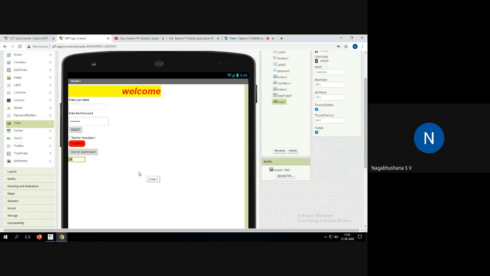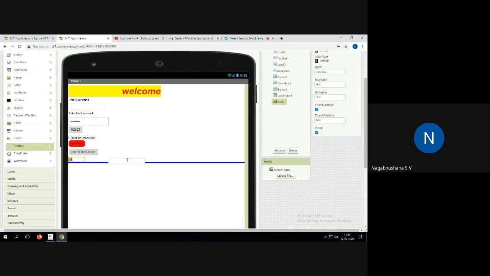That means when you are connecting this interface with any kind of internet-based activity, you can showcase whether something is getting downloaded or not. So that will be showcased. You would have seen in some applications, when you are downloading, you can know the percentage of download and all those things. That kind of thing can be done here.